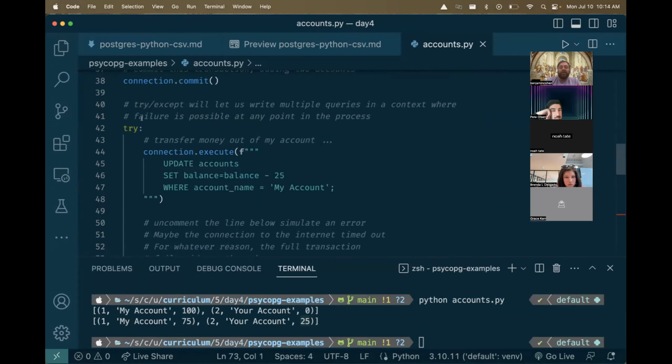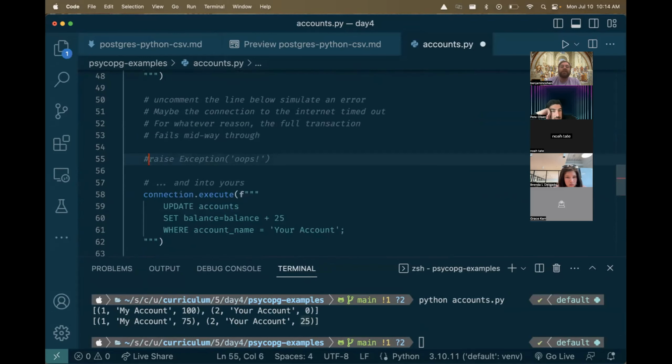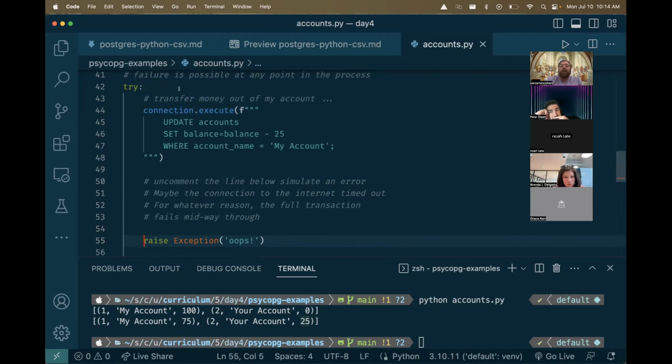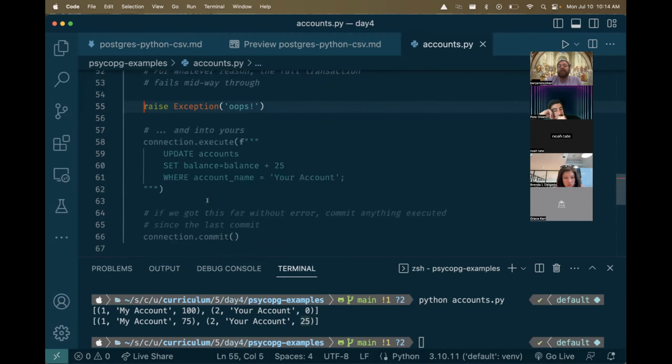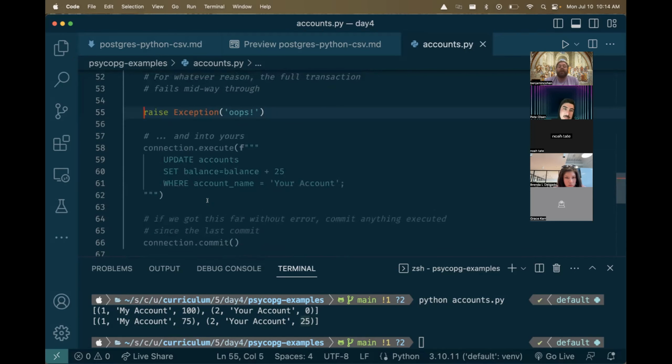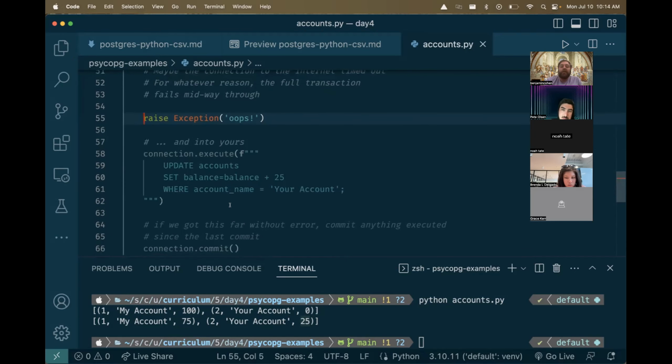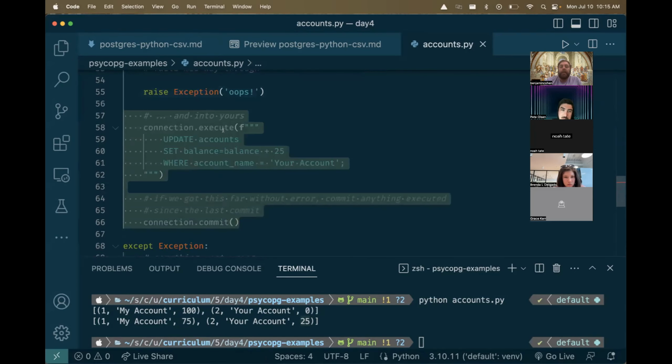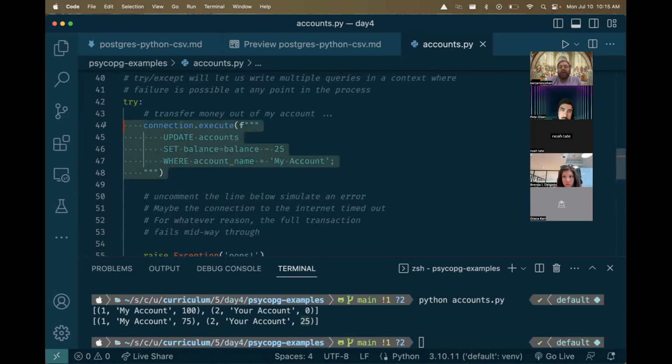So we're in this try block. Let's say up here, something went wrong. We lost our internet connection. We don't know what it is, but for whatever reason, this try block cannot finish getting to the end because something raised an exception. So what that means is we don't even run this next line, right? But we've already run this line, connection.execute. So we've already theoretically, even though we haven't committed it, taken 25 out of